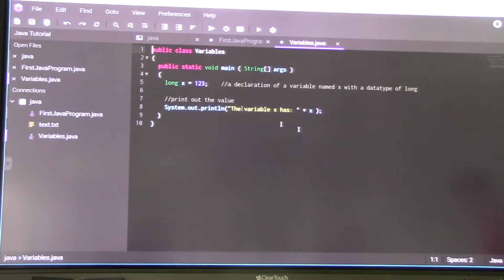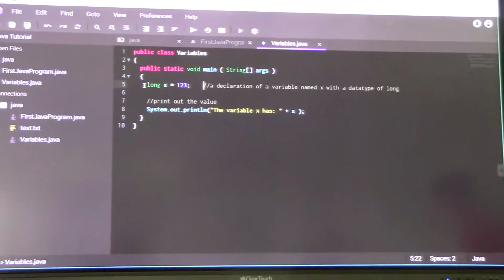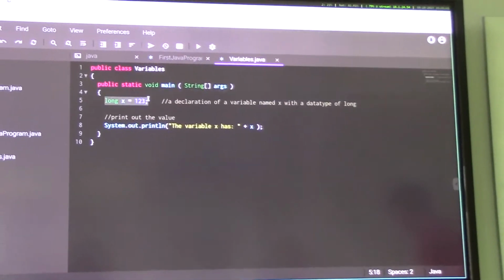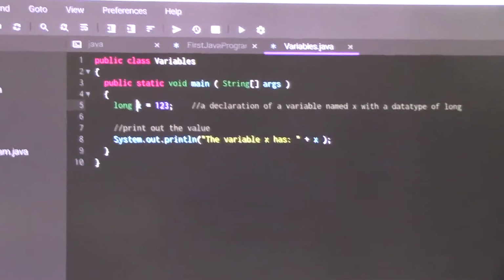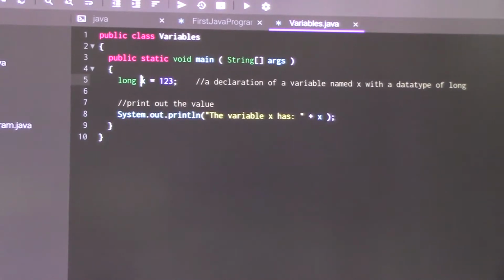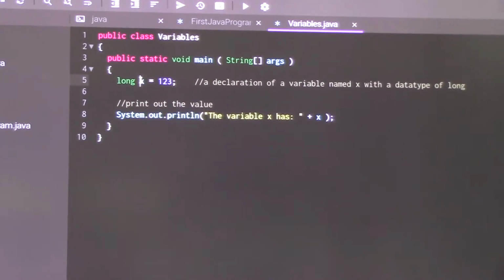So this is a very basic variable declaration here, long x. It's not very descriptive. You don't really know what x is. People often use one-letter variables for numbers, but in this case it's sort of hard because it's an example. But you really want to name variables in a descriptive way. So like